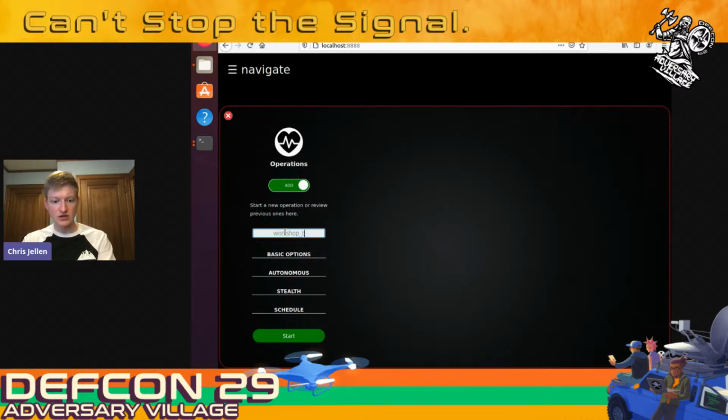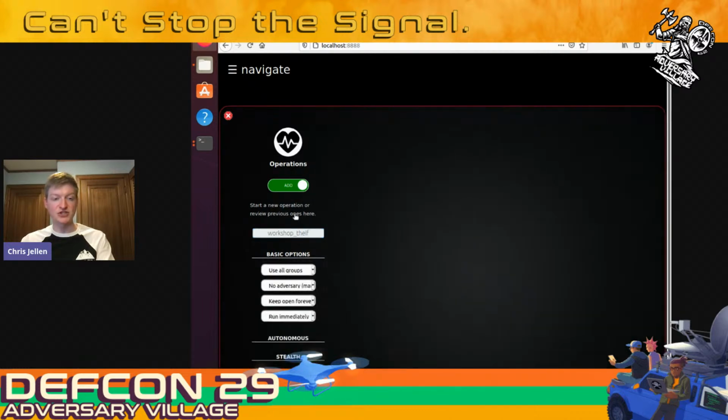We're going to be running the thief commentary here. And here is where we get into really some of the great features that Caldera offers, specifically for adversary emulation and specifically for automation. So we've seen a huge list of adversaries that come pre-built in Caldera. We'll go into a little more detail on some of the more real-world and threat group focused ones in a little bit. But for now, as far as automation goes, we can start off with the basic options for our